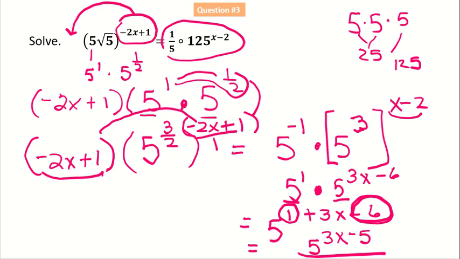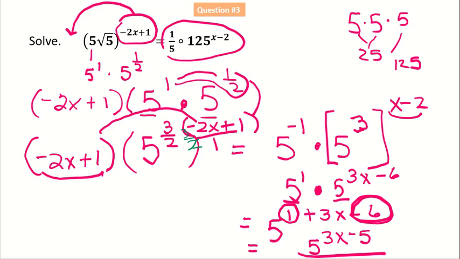Okay, so we have 3 halves times 2x. So we multiply this 3 halves. Let me change my pen color. It's going to get a little confusing. When we multiply 3 halves